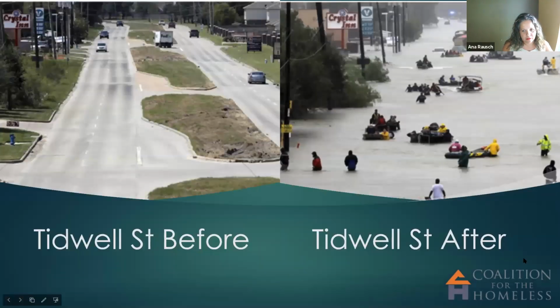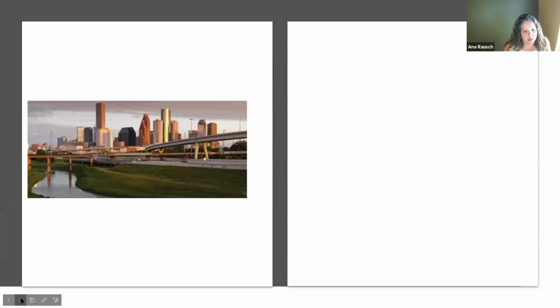All right, so this is one of our major streets here in Houston. On the left, you can see what it looked like before the hurricane, and then during and after, people trying to evacuate on that street. You can see the trucks are covered as tall as they are. They still had water all the way up to the doors. This is the main highway, or the main